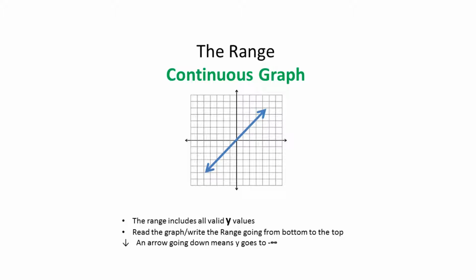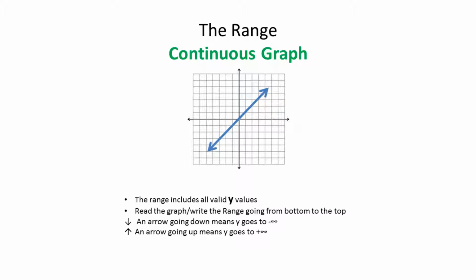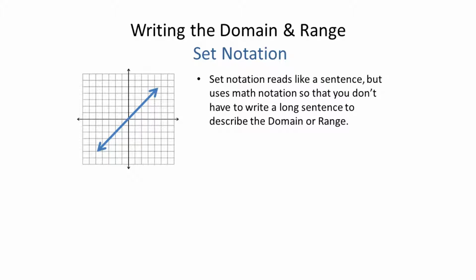For this graph, when we are looking at the range, I see this arrow going down this way toward the negative y, which would make it go toward a negative infinity. Okay, now we're going to look at this side of the graph. And here I see that I'm going to my positive y, or what's known as my positive infinity, because my arrow is going up. Okay, the first thing that we're going to talk about is set notation, and set notation